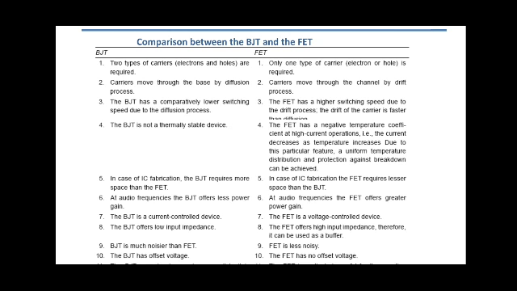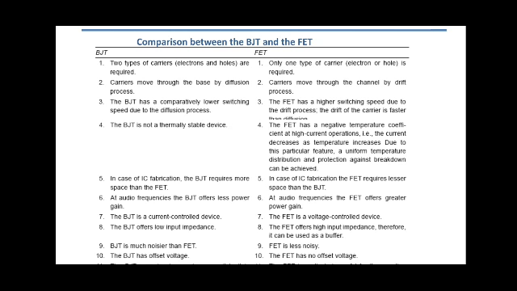Okay, whereas in FET the switching speed is high. Why do you have high switching speed? Because you are only using the drift process. Drift process depends upon the applied voltage, not on the concentration gradient. So that is the reason you are having a high switching speed in field effect transistor. Okay, next.